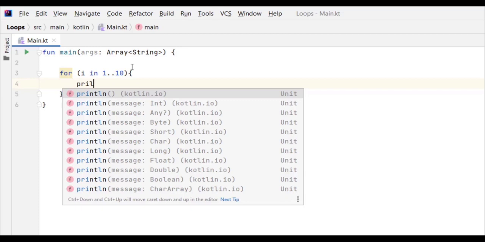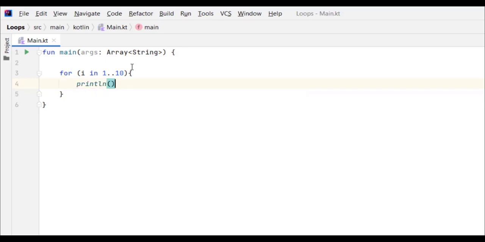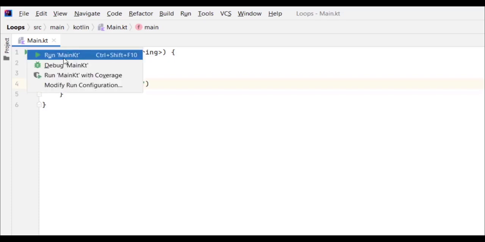So I'm gonna type here println, and I'm gonna type the value of i at each iteration. You can put it in quotation marks, and you can use the placeholder. You can put i. So now if you run this,